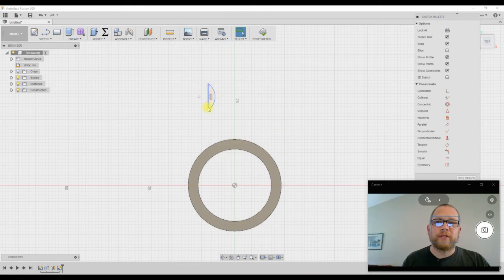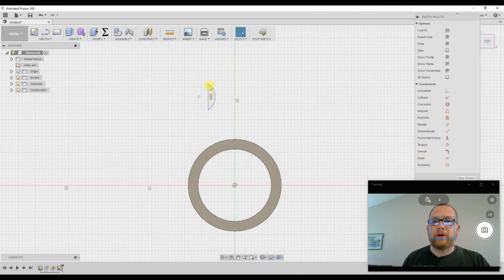and vertical. Now when I drew this line, it was so close to being vertical that it assumed that it wanted it to be vertical, so it automatically applied this vertical constraint, which is fine. I'm going to leave it there. But if it wasn't there, I could add a vertical constraint to make sure that that line is always straight up and down. You get your tangent. There's a smooth constraint, an equal constraint. If you want 2 lines to be equal, you can make them equal. And then there's a symmetry constraint. Just a little list of all of the